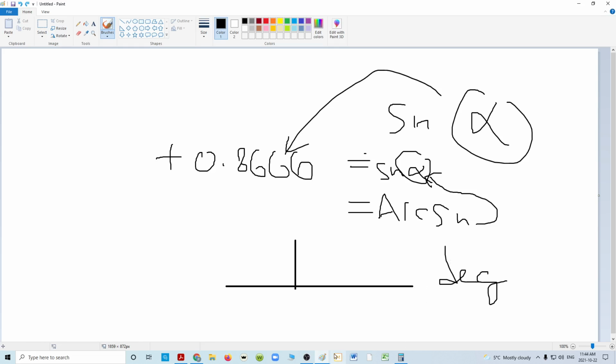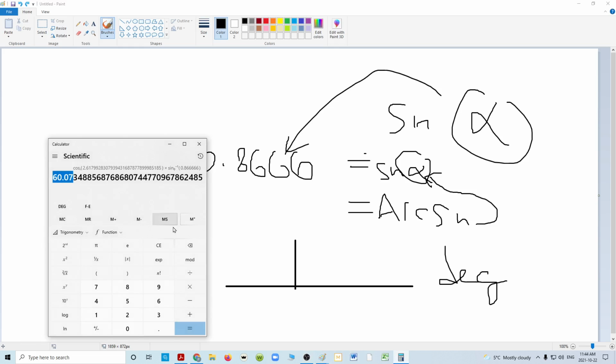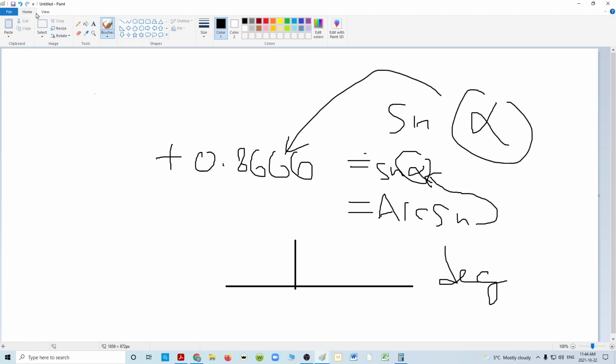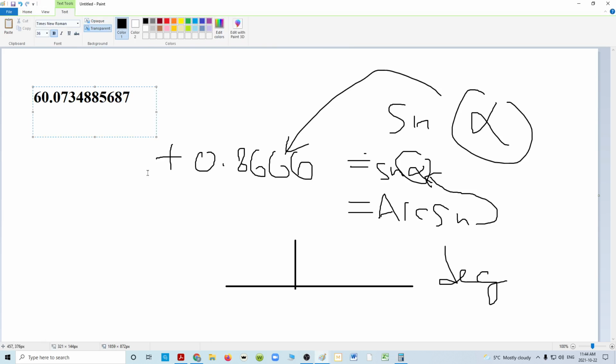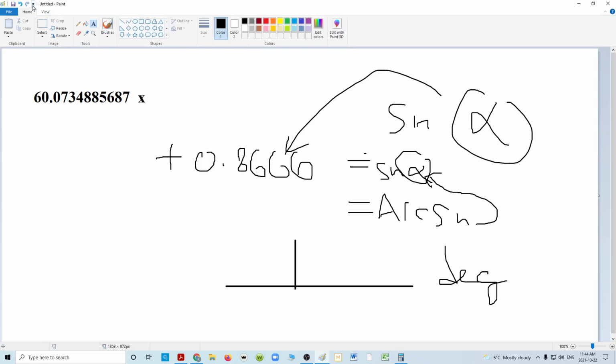Let me go back to that. So when I punched in the calculator, I'm just going to hit sine to get back to it. I had this value and I was trying to find the angle. So I went to trig and I defined arc sine. That spat out the degrees. I'm able to convert this. Let's look at the accurate conversion into pi radians by multiplying it by pi over 180. But let's just leave the pi there and move the 180 over here. Well, if I divide both by 10, I get